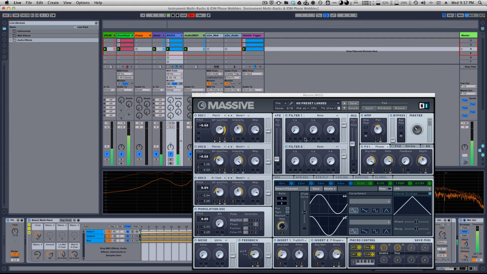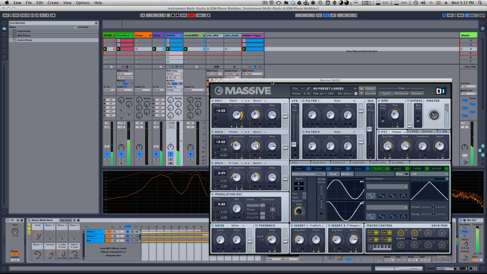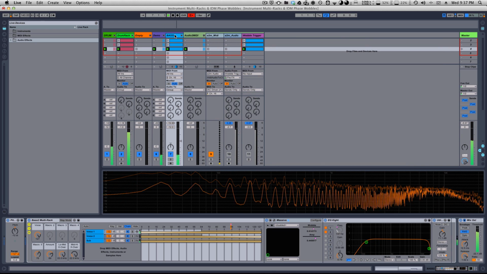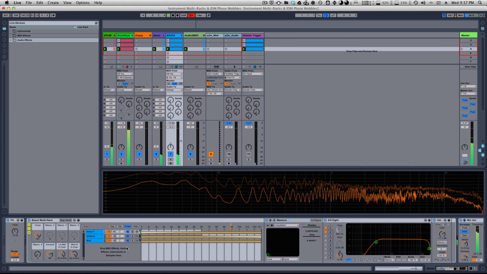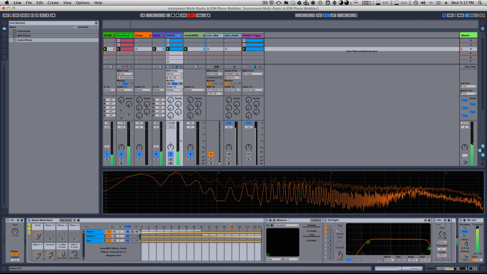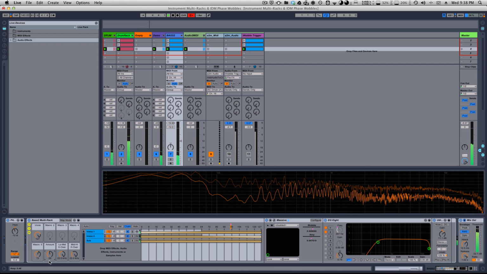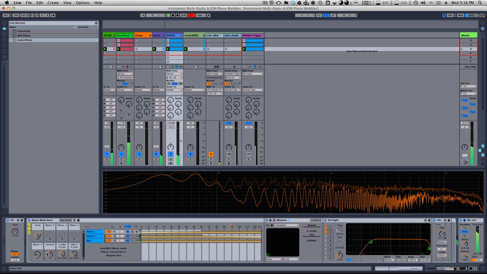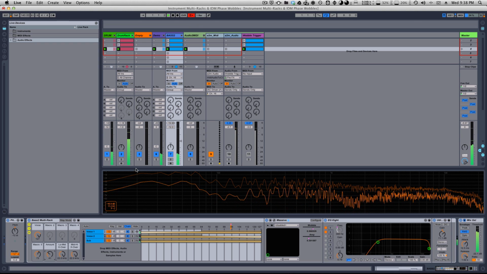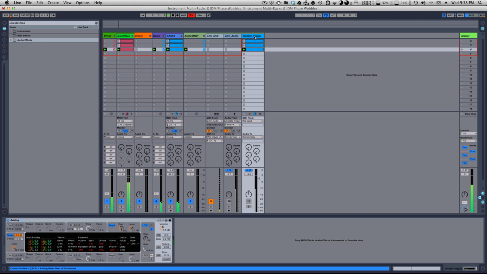And inside that, the wobble parameter is being used to modulate basically everything. If I want to change the speed